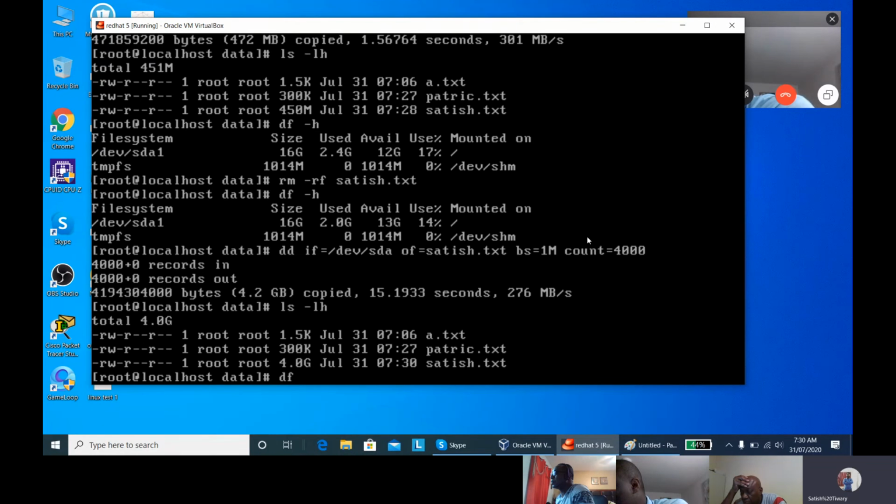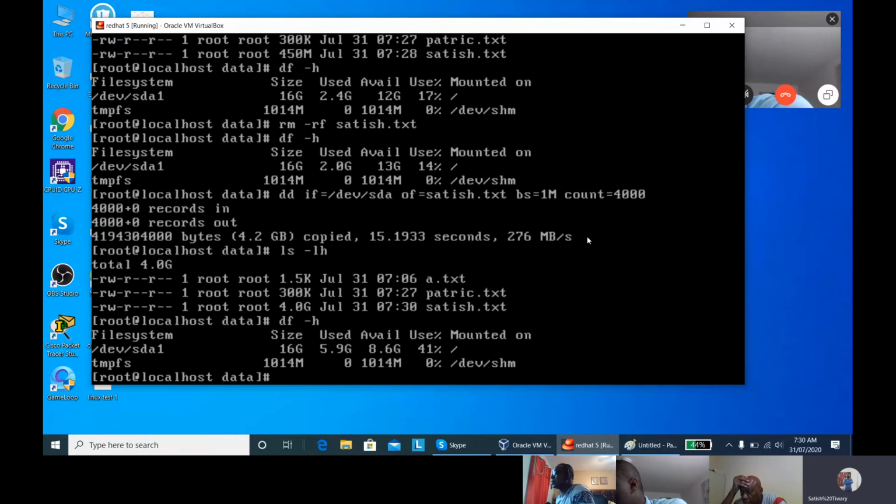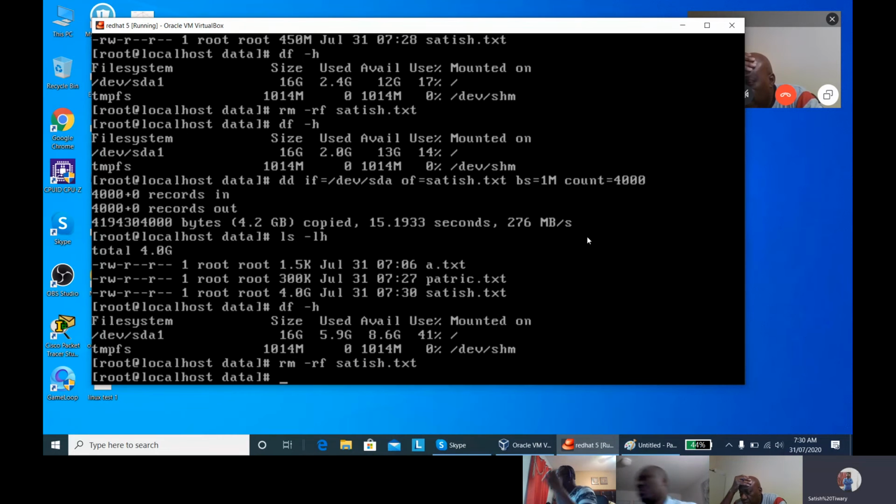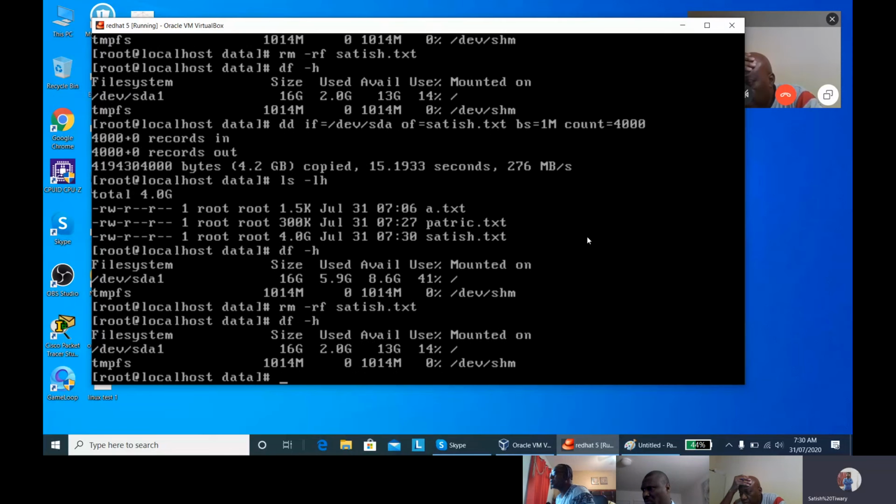Now if you check df -h, your hard disk space, how much is the used space? 5.9 GB. And what if I delete that satish.txt file, that 4 GB file? What is the used space now? 2 GB, because the 4 GB file has been deleted, so the 4 GB space has been freed again, right?